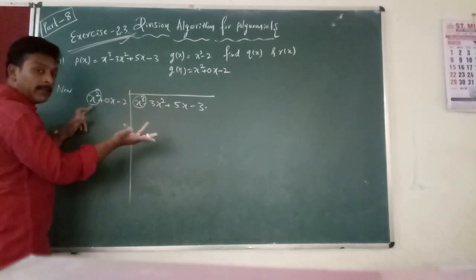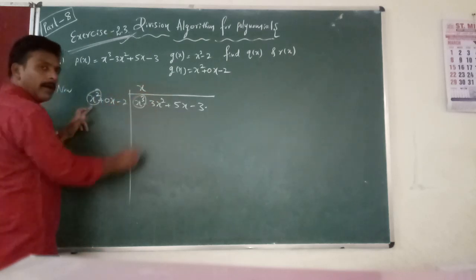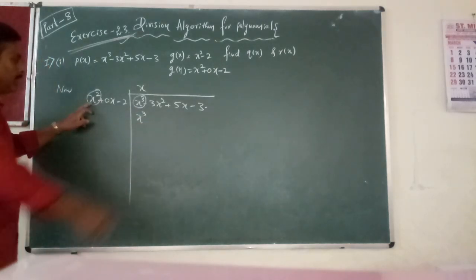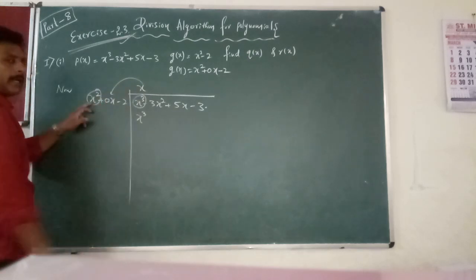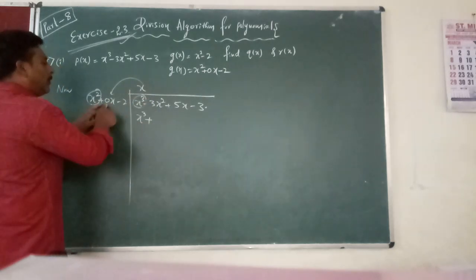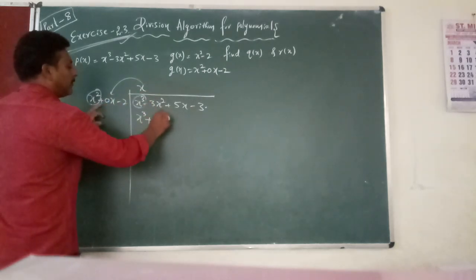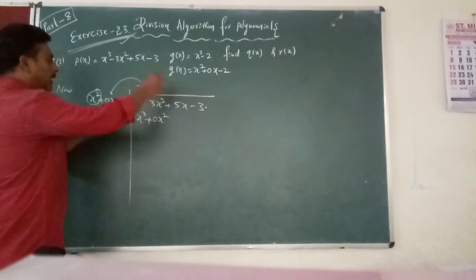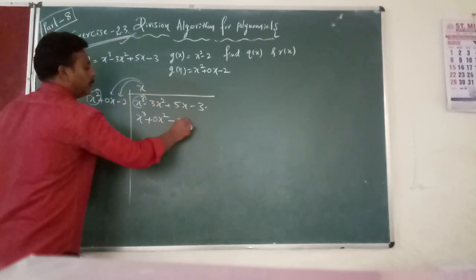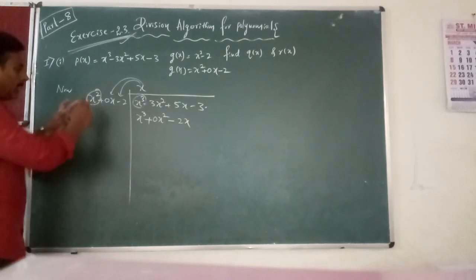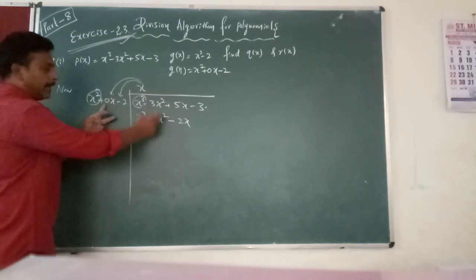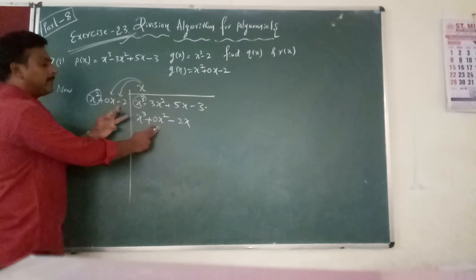x स्क्वायर को क्या चाहिए x क्यूब के लिए, x स्क्वायर into x is x क्यूब। मैंने हाथ जहां रखा है वहीं इसी टर्म को इसके साथ मल्टीप्लाई करना है, 0 into x into x, 0 x स्क्वायर, x into x स्क्वायर। इसको थर्ड टर्म के साथ माइनस 2 into x, 2x। समझ में आया क्या किया, x स्क्वायर x is x क्यूब। इसको सेकेंड टर्म के साथ मल्टीप्लाई करके सेकेंड टर्म के नीचे लिखा, इसको थर्ड टर्म के साथ मल्टीप्लाई करके थर्ड